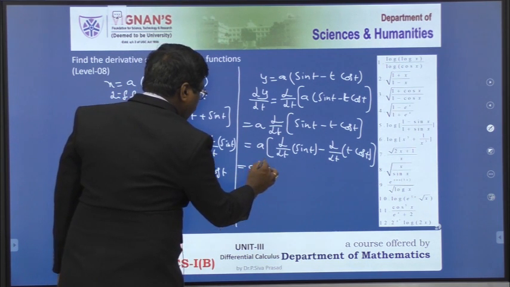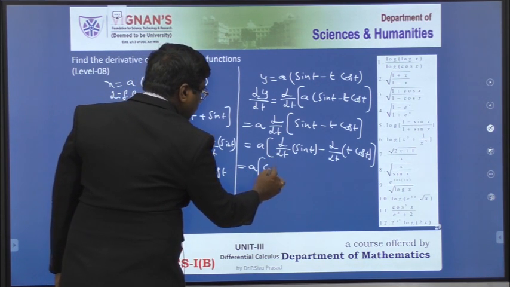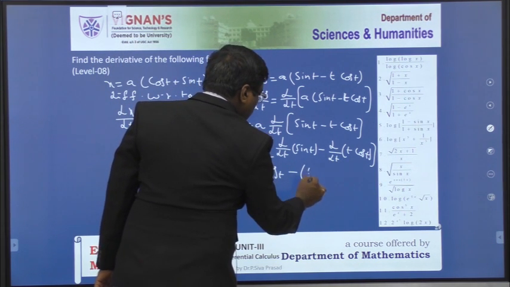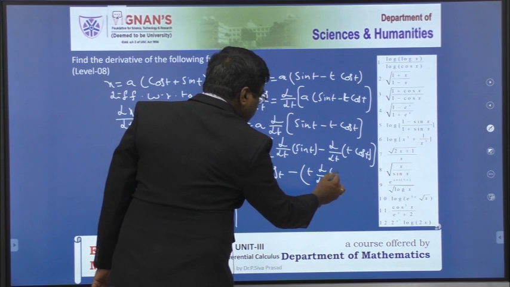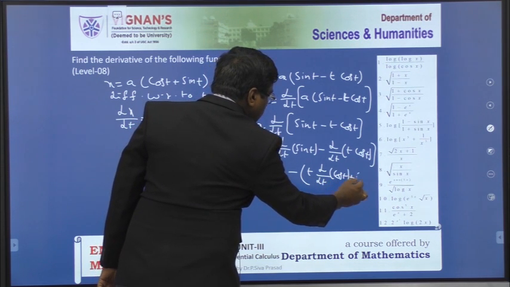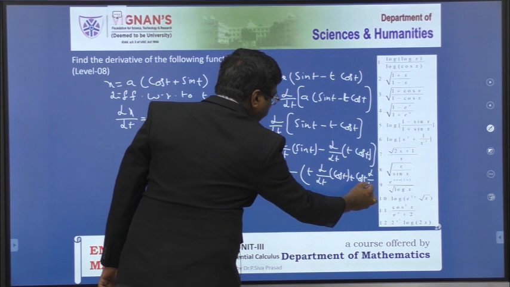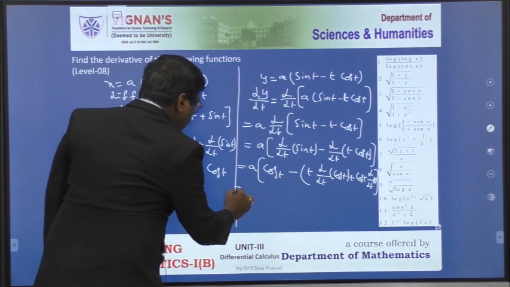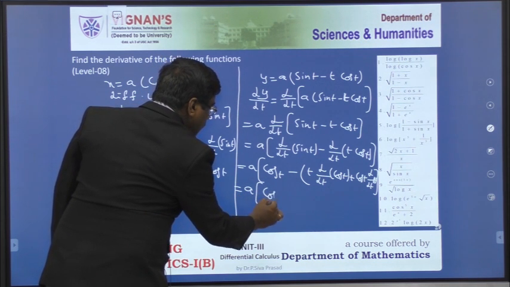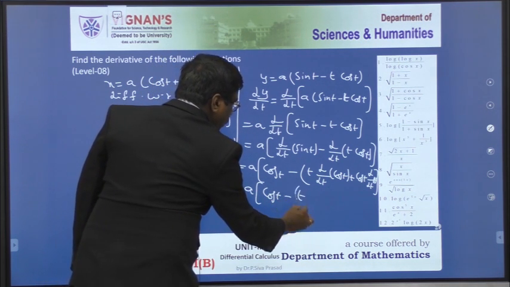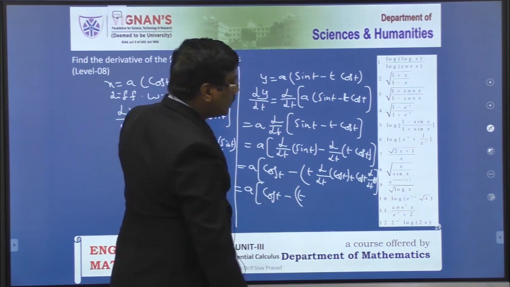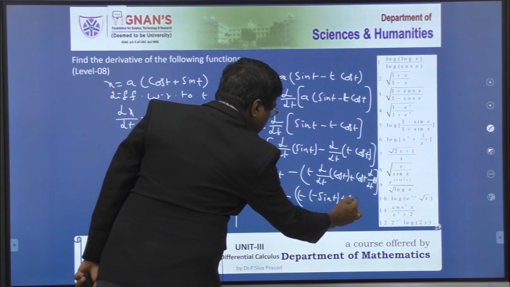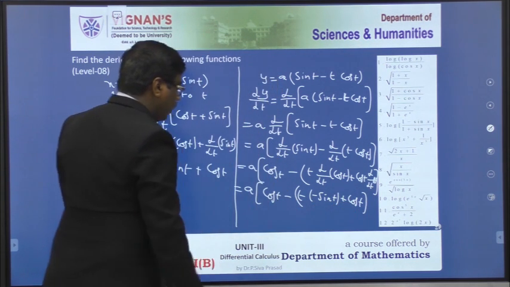Then there is a into cos t minus t into d by dt of cos t plus cos t into d by dt of t. That is a into cos t minus t into minus sin t plus cos t into 1. Therefore, that is equal